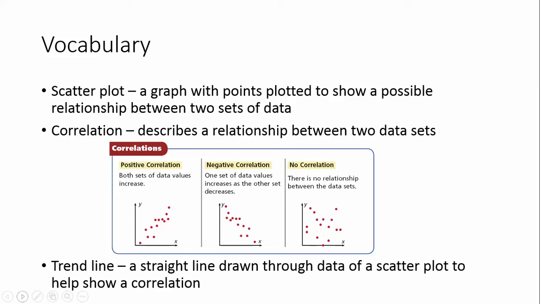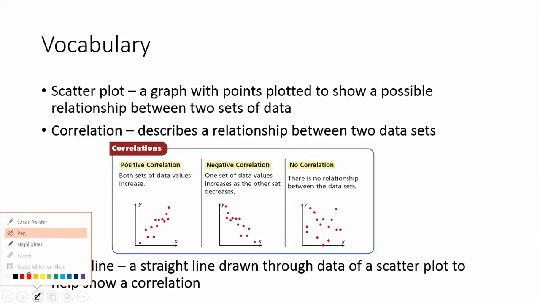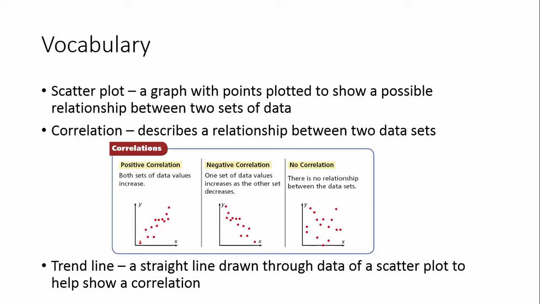A scatter plot is a graph with points that are plotted to show a possible relationship between 2 sets of data. Correlation describes the relationship between the 2 data sets. And there are 3 types of correlations we discuss. A positive correlation, which is when both sets of data values increase. And as you can see from the graph, if you were to draw a best fit line through here, you'll see that the slope of that line would be increasing